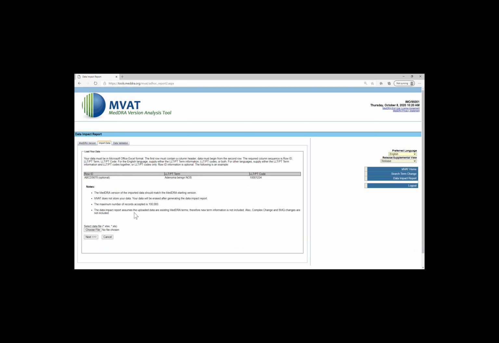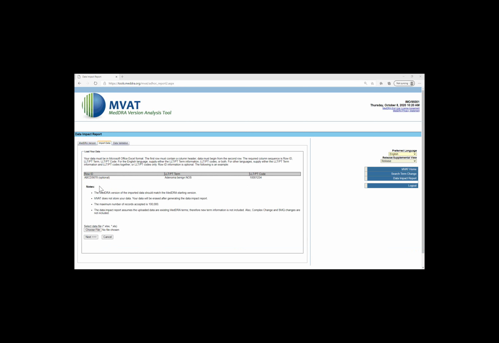And then once your data has been run through the process and validated, and then a report is generated, it's important that you know that we do not continue to keep the information that you have uploaded. That information is now gone, that data is gone. So if you were to need to rerun the report, you're going to have to upload again. So I'm going to click Choose File